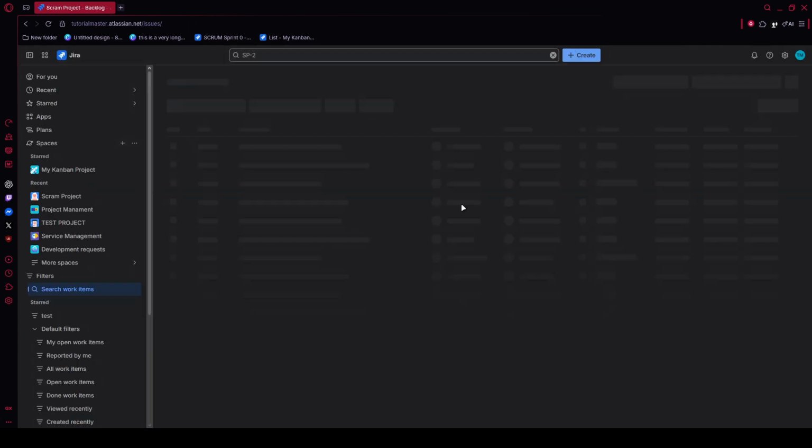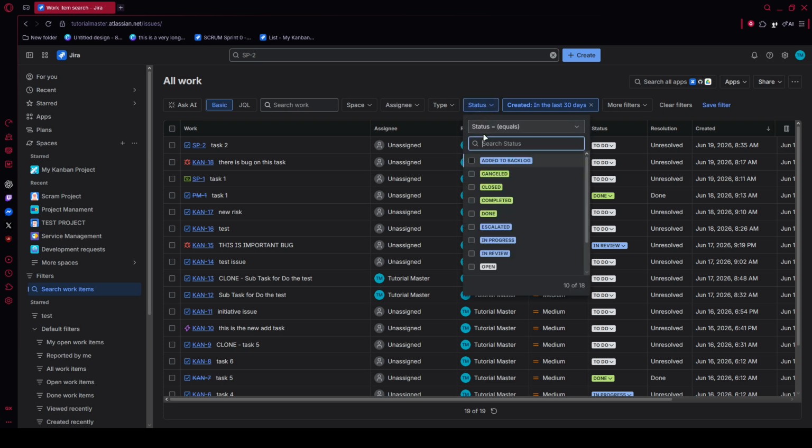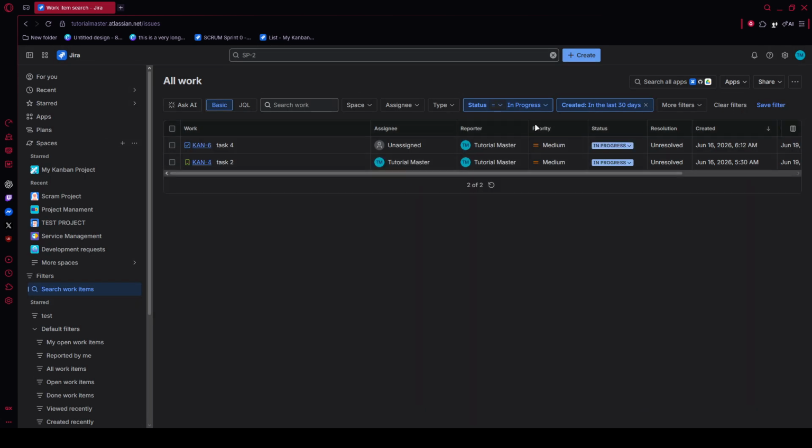By default, you'll see a visual filtering layout. Use the project filter to narrow results to one or more projects. Then adjust the status filter if you only want items in a certain state, such as in progress. You can also use the assignee filter to show only work assigned to you. As you make these changes, the issue list updates automatically, which makes it easy to confirm you're heading in the